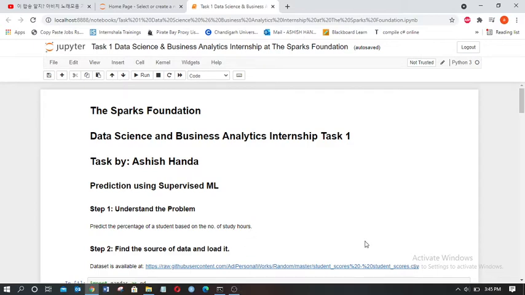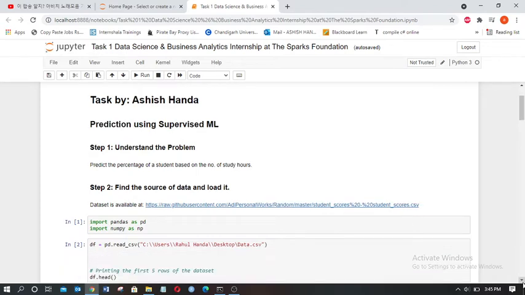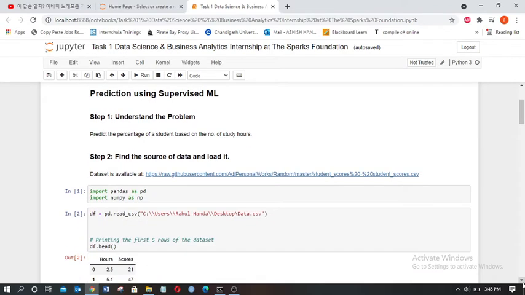Today I am going to show my first task for my internship. So first of all we will understand the problem. The problem given to me is that we have to predict the percentage of a student based on the number of study hours. After analyzing the problem we will move towards the given data set. I have been given this data set by the Sparks Foundation